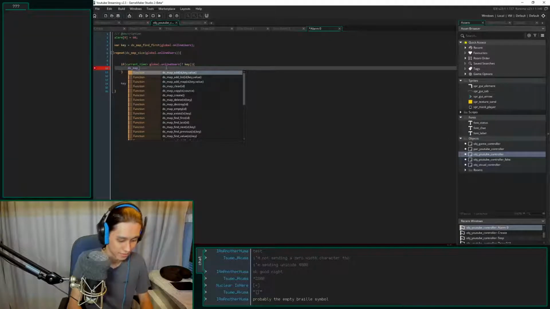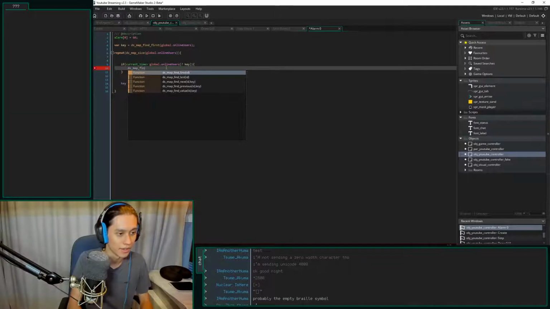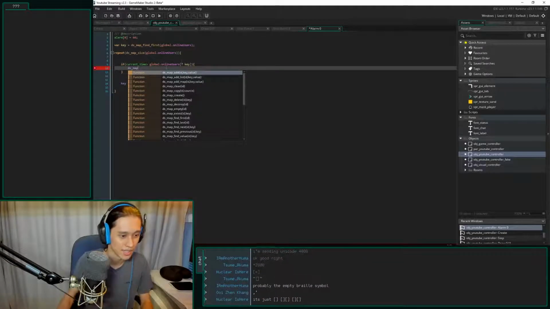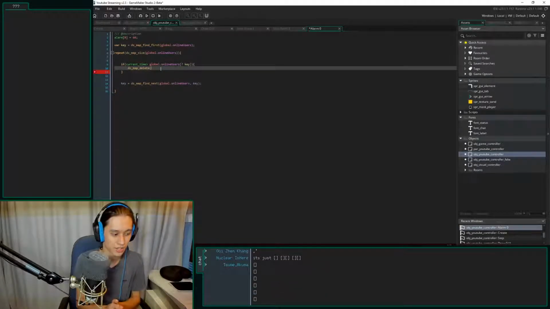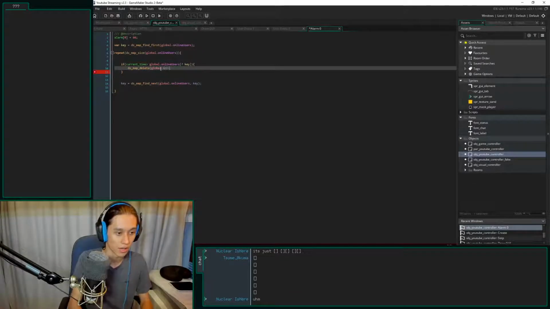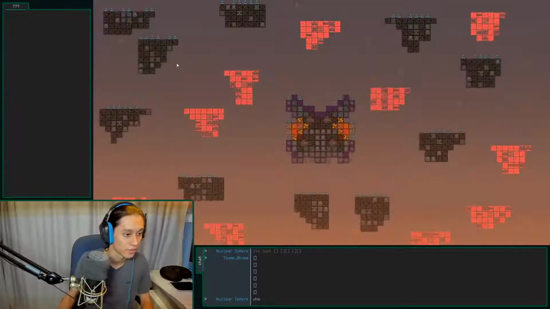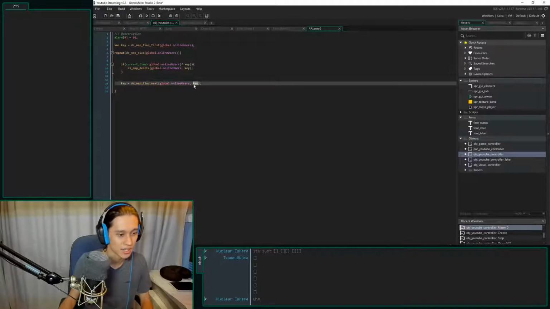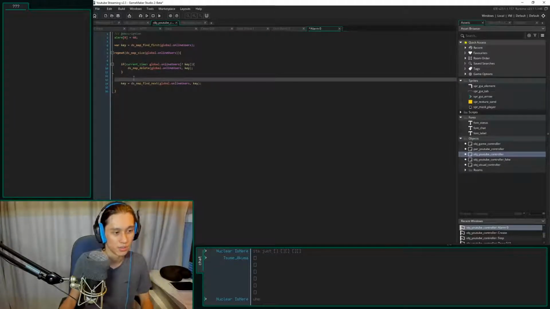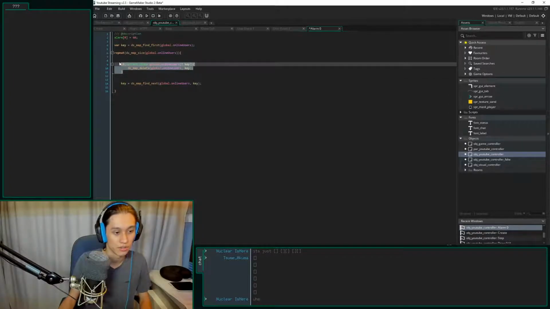ds_map... find, what do I want? I need to delete it. ds_map_delete, here we go. So I'm not sure that this will actually do what I want it to do. ds_map_delete global.online_users and the key. Oops. Something like this, except that if I delete this key and then I find the next key, something might be a little bit wonky. Maybe if I find the next key first?